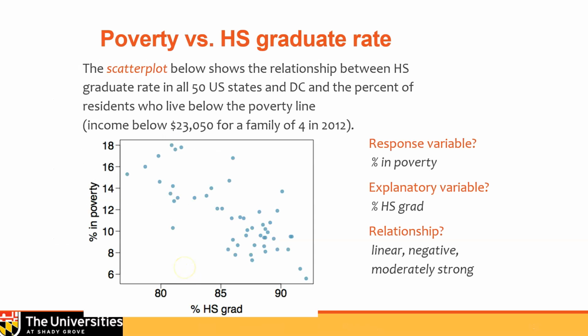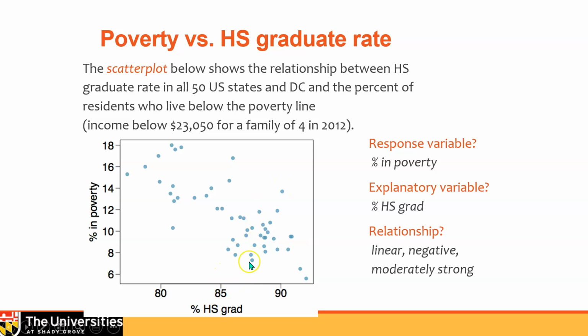So let's start out reviewing some of the basics. What you recall is that when we've got 2 quantitative variables, although they're written as percentages, they're not proportions. It's the magnitude of the percent of poverty and the magnitude of the percent of high school grads that we are measuring and comparing, and we're looking for a potential association between them. When we are looking for a potential association between 2 quantitative variables, we represent that graphically with a scatter plot.